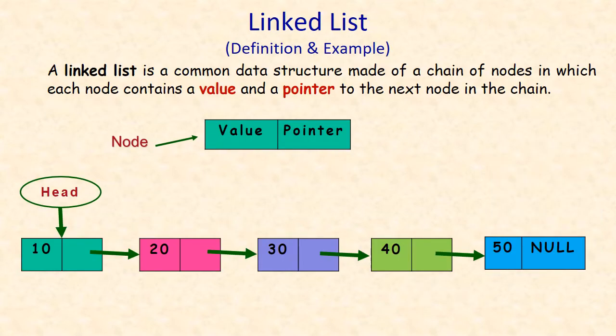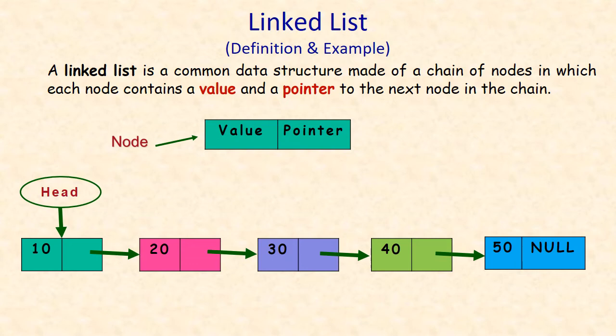Before going to implementation of the stack, let us see what a linked list is first. A linked list is a data structure, a chain of nodes. Each node consists of two parts, one is a value and one is a pointer, and this pointer holds the address of another node. An example linked list is shown here. Here I am using a pointer head to point to the first node always. From the first node to the last node, all the nodes are linked together by holding the address of the next node in the current node.